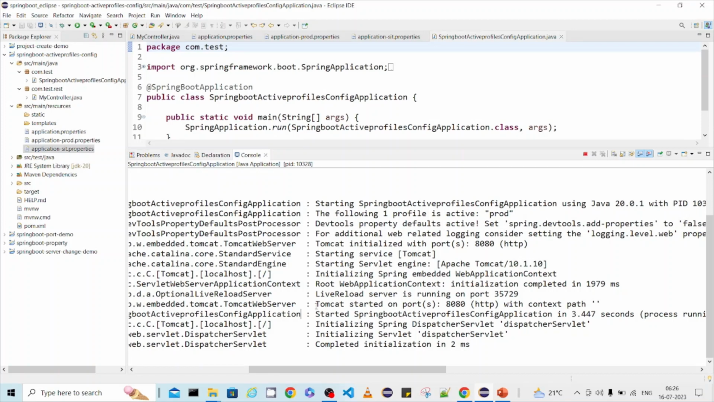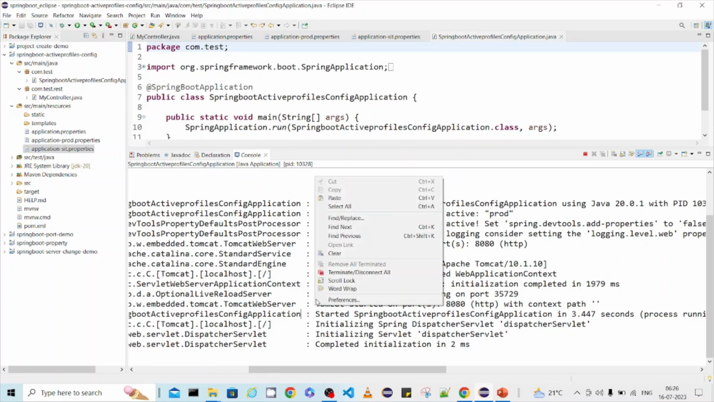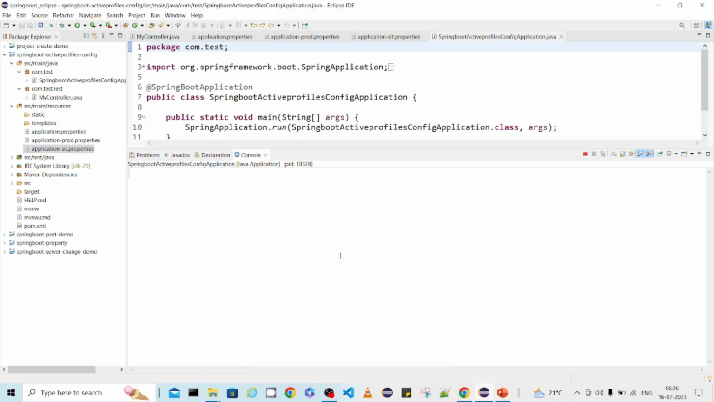Say for instance, I want to activate two profiles at a time. Is it possible? How to do that? Yes, it is possible. You can activate multiple profiles at the same time. But how are you going to benefit here? Whenever you are trying to load multiple